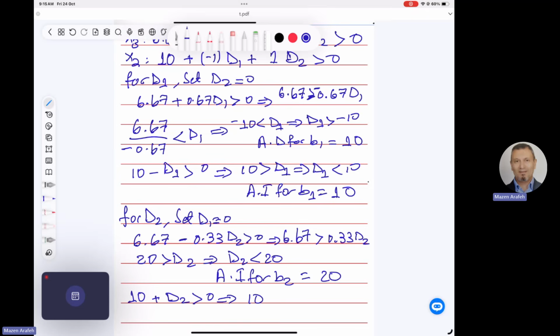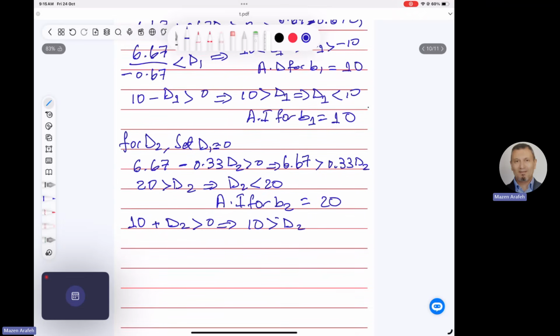Again, we take d2 to the other side, it will become minus d2. And then I will multiply by minus 1 and flip the sign. So this is 10 is less than d2. Therefore, d2 is greater than minus 10. Therefore, this is the allowable decrease for